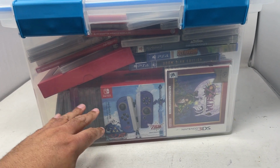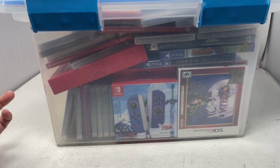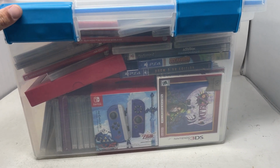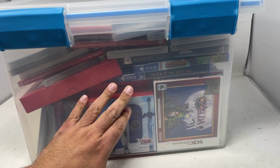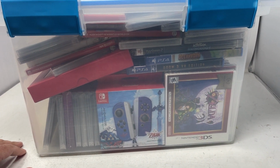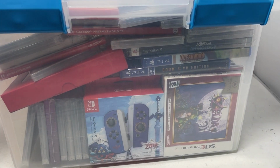And of course, there's also other random things like sealed Joy-Cons, some Nintendo Switch Online accessories, stuff I picked up when I felt like I had extra money, which I don't even know what that really means anymore. And I was just like, oh, this is a sealed game, let me put it away. I'm not someone to get something graded, so I was just like, let me put it away anyway, because you gotta think